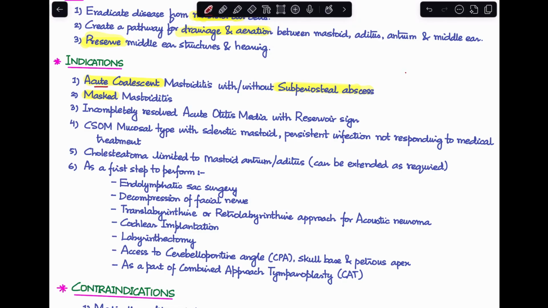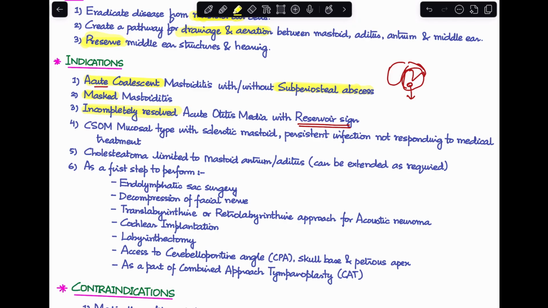Sometimes what happens is, in a case of acute otitis media, say this is a tympanic membrane, there's a small perforation and there's a lot of collection of pus inside the mastoid posteriorly as well as the middle ear on the medial aspect. Now, through this pinhole perforation, enough of it is not able to drain out. So, sometimes we can see acute otitis media with a sign which is known as the reservoir sign. When acute otitis media presents with the reservoir sign, and on treatment with antibiotics it is not getting resolved, in those cases, we perform a cortical mastoidectomy.